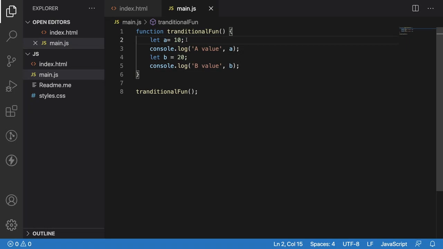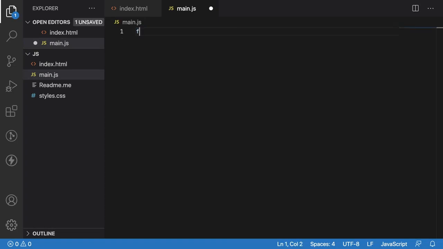What is a generator function? A generator function is a function which will be used to stop and resume the function execution. Let's try with an example. How to create our generator function? Function with suffix of star, and let me give generatorFunction as the function name, and inside this let me write the same logic.